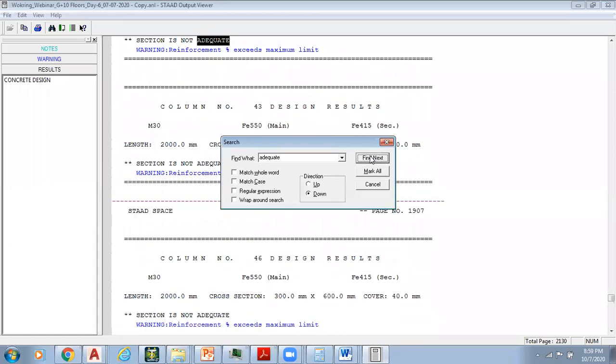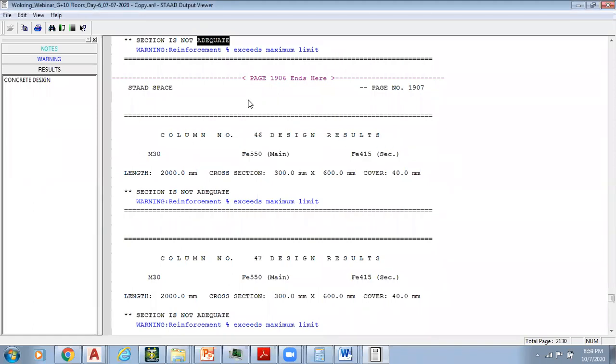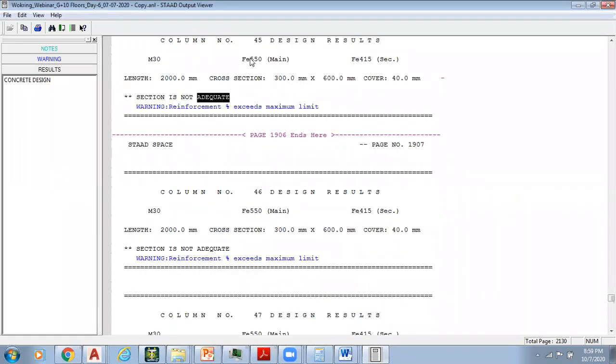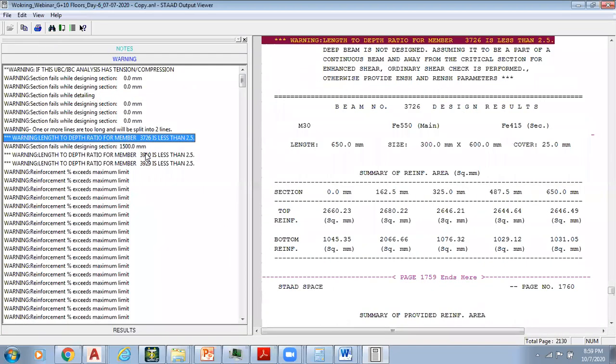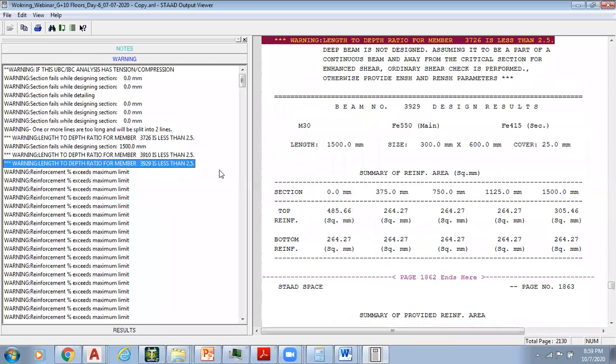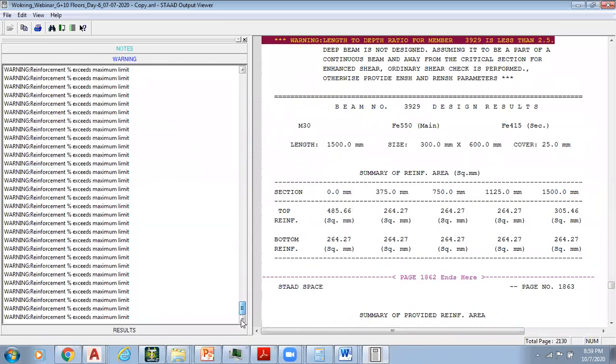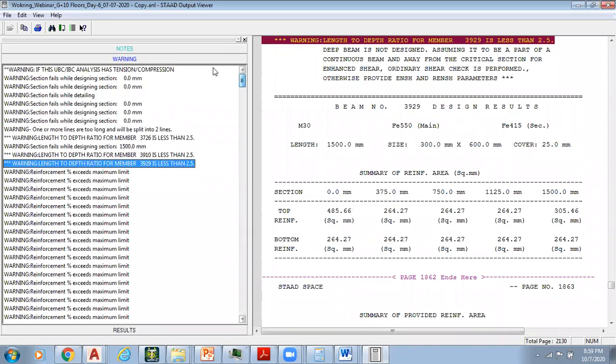If I want to see which member this is, then I have to just find out the member number, like column number 45, and then this one, and so on. There are some more, this one 3726, and then this one also, we can rectify them. So remaining all are columns failure.